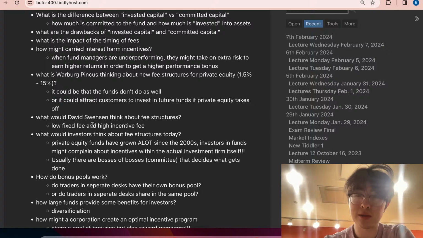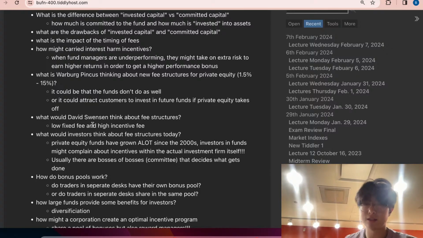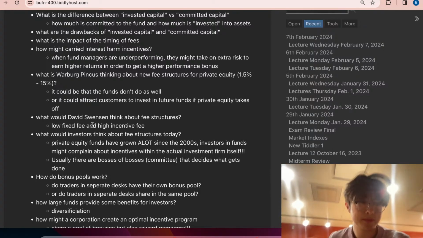So I think this could have been a case where Warburg Pincus is thinking that they are going to do really well in the future. And so in order to attract new investments from other clients, they'll see that Warburg Pincus has a really stellar track record, has the lowest fees out of all of the different fund managers, and they'll go with them in the next fundraising round. So that's two different viewpoints. I'm not entirely sure which one is right. Maybe they're both right. I don't think the case really went into the details of what's going on there.